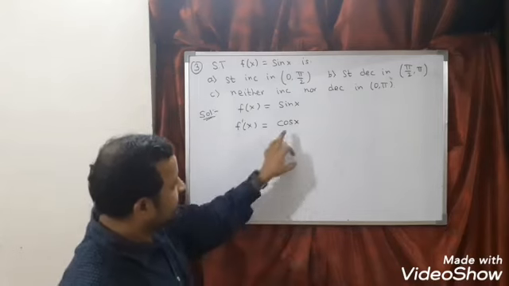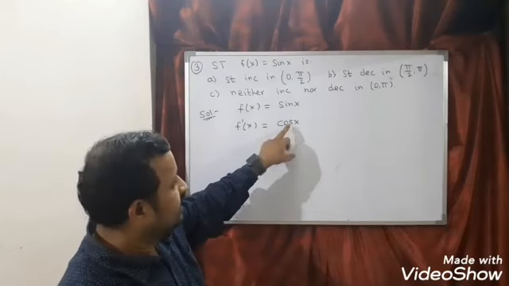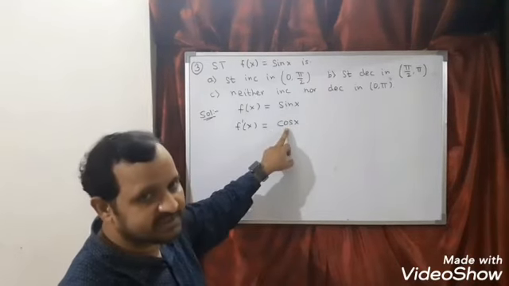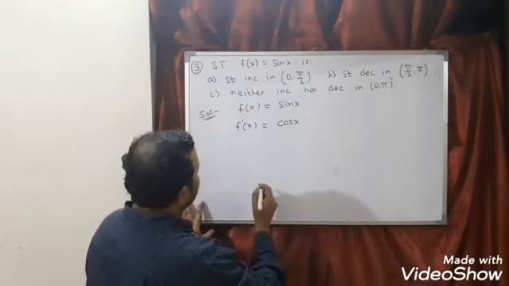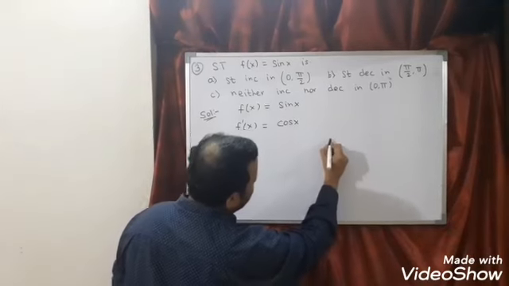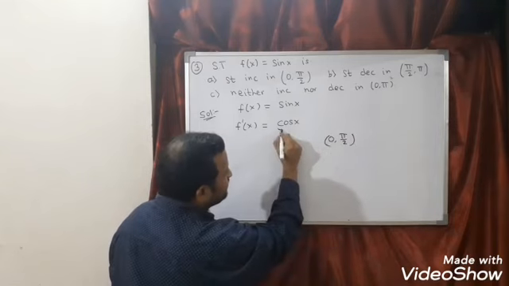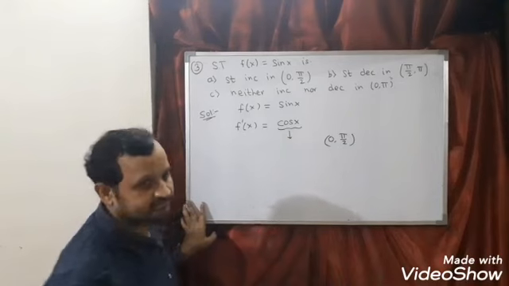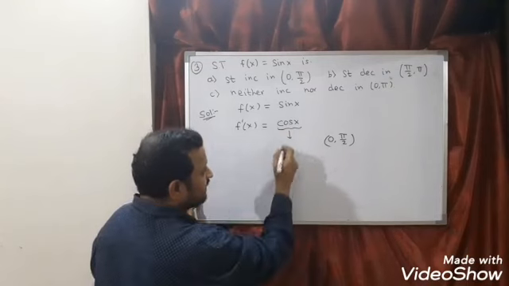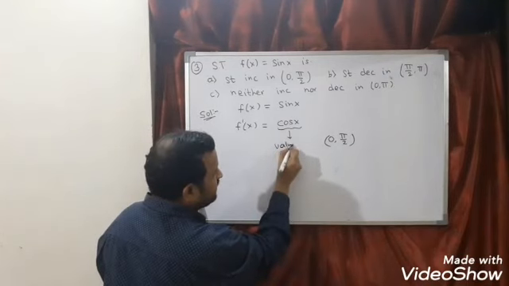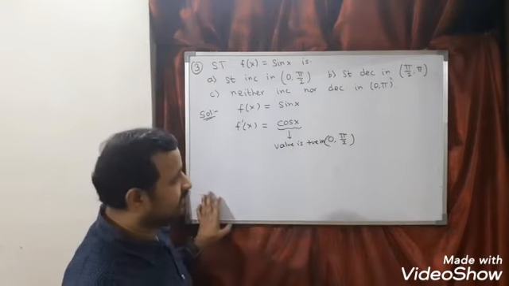Right? Now look here. If this value is positive, we can say it is increasing. If f dash x is positive means increasing. If this value is negative, then we can say decreasing. Now what is the first one? 0, pi by 2. In this interval, tell me this value is positive or negative. 0 to 90 degree. Any value you put, I can say this value is positive. So here I can say value is positive in 0, pi by 2.